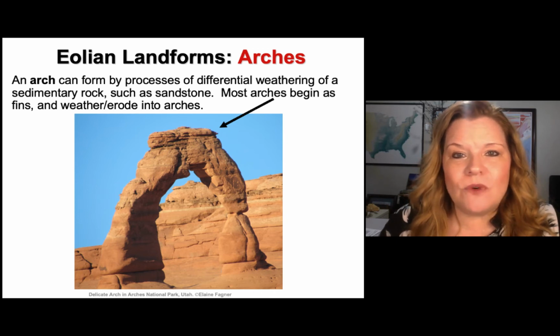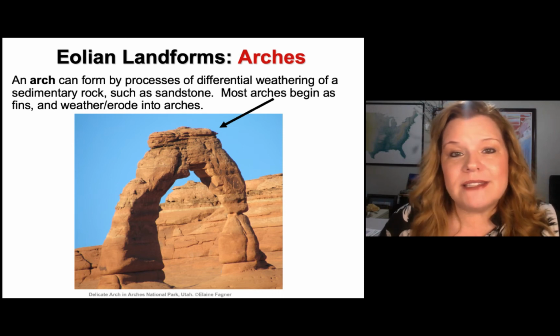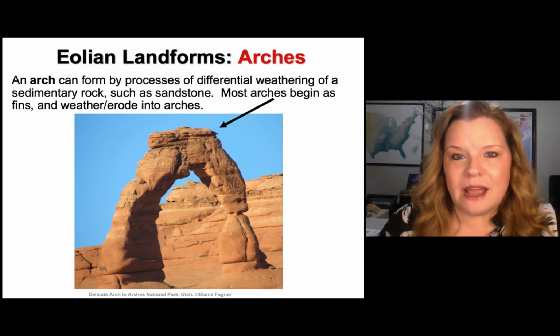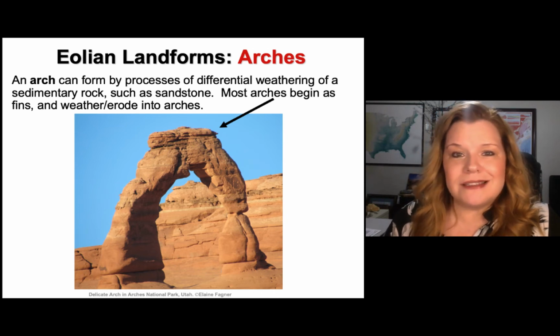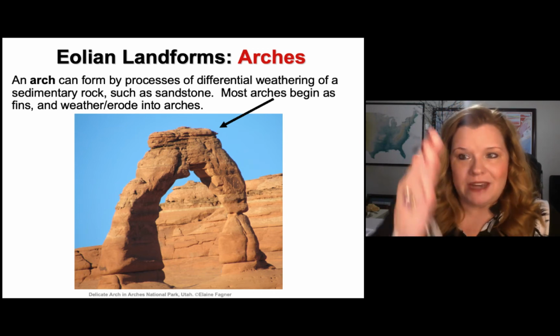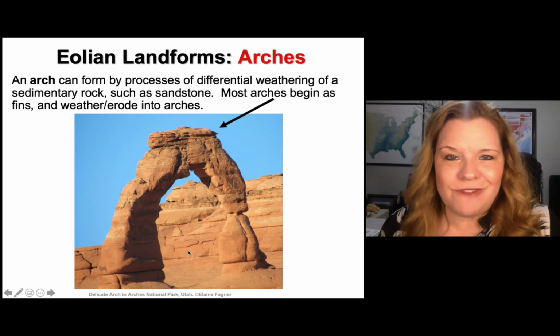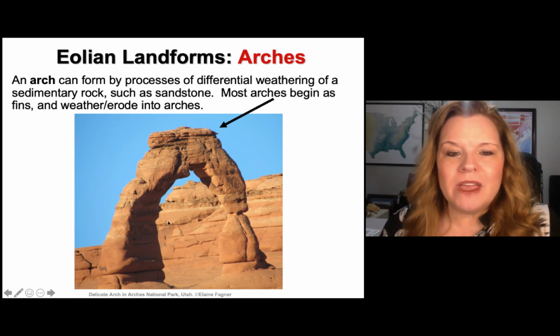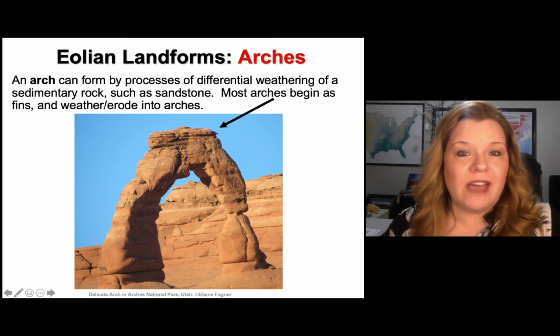But arches form by differential weathering, where you can get the same rock formation that weathers in different ways over time. Could be by chemical weathering, physical weathering, processes usually combined that will make that happen. In this case, the sandstone is being weathered, and the arches typically start off similar to hoodoos, made in long fins, and then part of it disintegrates. This is not typically done by flowing water. It's done much like a hoodoo. But you could see how this thing could break, right? And that it might not stay an arch forever.